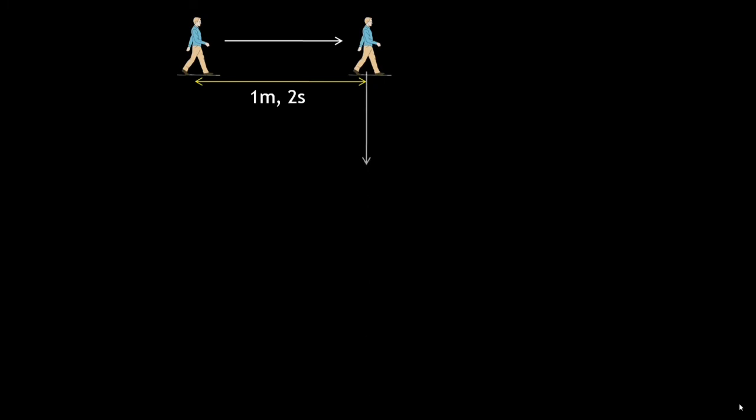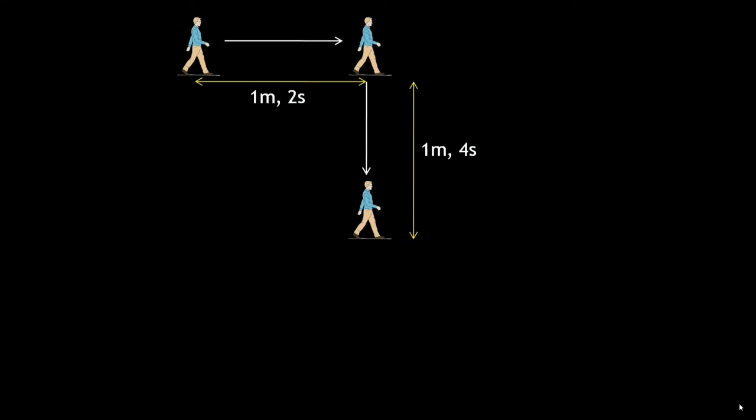Now we'll understand the difference between average speed and instantaneous speed. Let us consider an example of a man walking on a road. Suppose the man is initially at this point and he is walking in this direction and reaches this point. The distance between the first and the second point will be 1 meter and he walks it in 2 seconds. Now again he walks in this direction and finally reaches this point. The distance between the third and the second point is also 1 meter, but he travels it in 4 seconds.